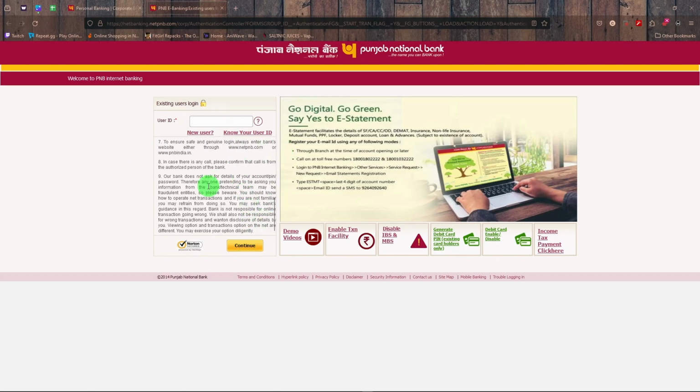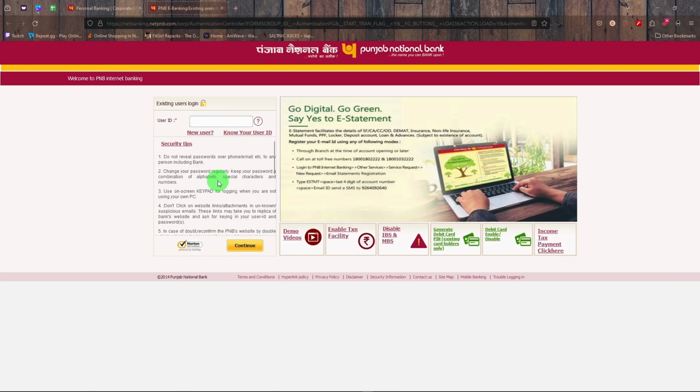Click on continue. Then it'll ask you for a password and some two-factor authentication like an OTP or an email to your email address. So once you sign in to your account, you go to the main page and find a section